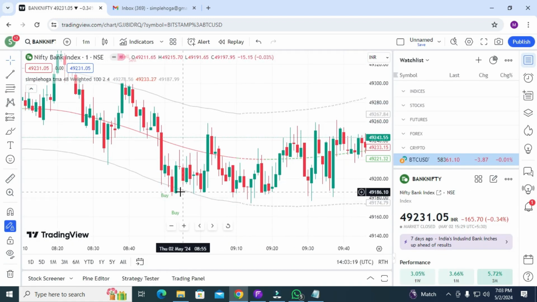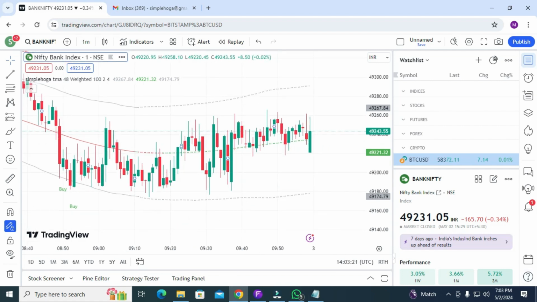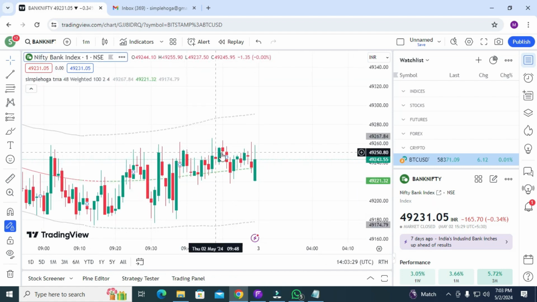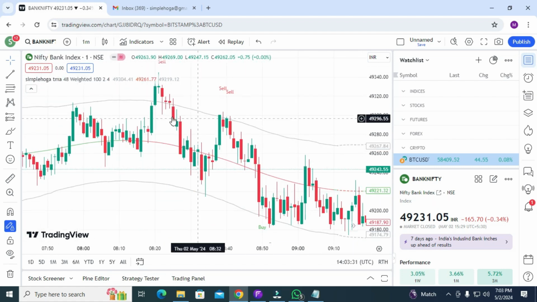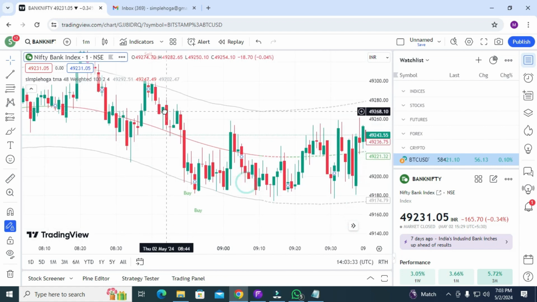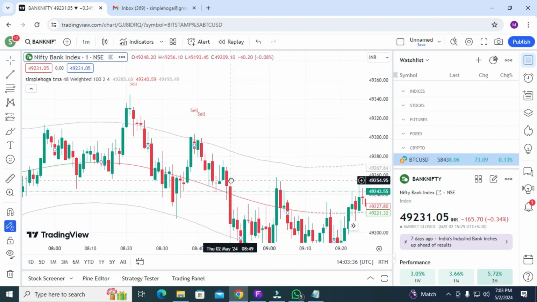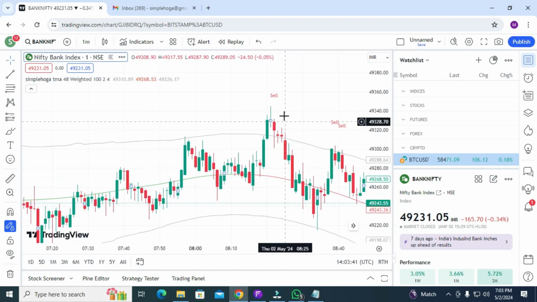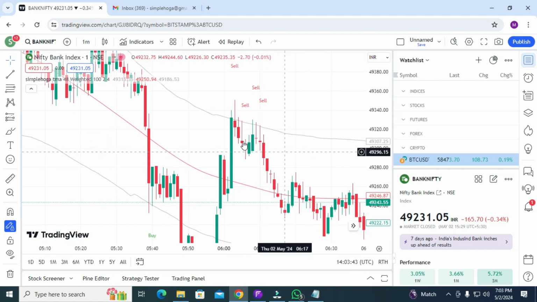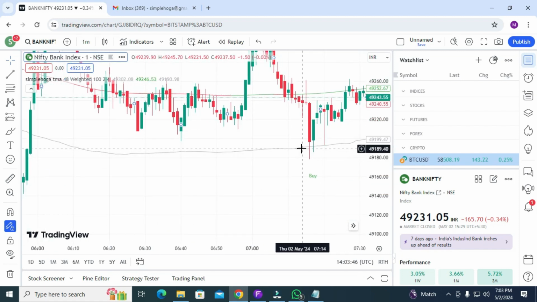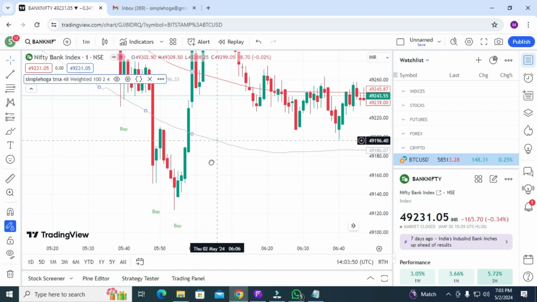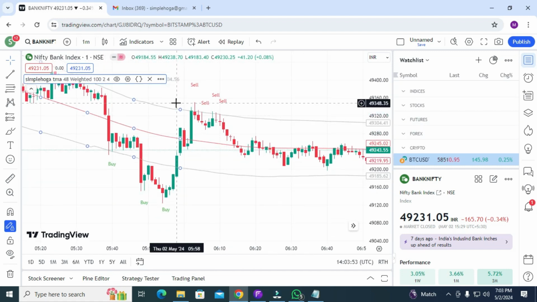Okay, because the time is 7:30, the market is off now. But you can see you got the buy signal here, and you are now in good profit. You get some sell signals, and all three signals gave you some awesome profit here. Okay, and the buy signal, you can get the profit here. And the sell signal, you can get the profit at this point. Then you got the buy signal, but the market goes down and you got another two buy signals, and all three signals give you the profit here.